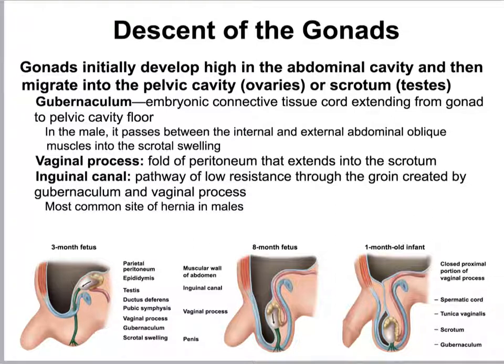And they should have dropped by the time the infant is born. However, in a certain percentage of people, one or both of the testes gets stuck and does not descend properly. This is called